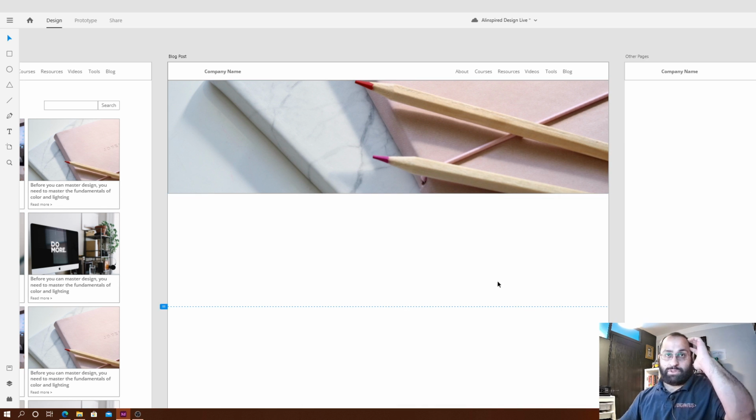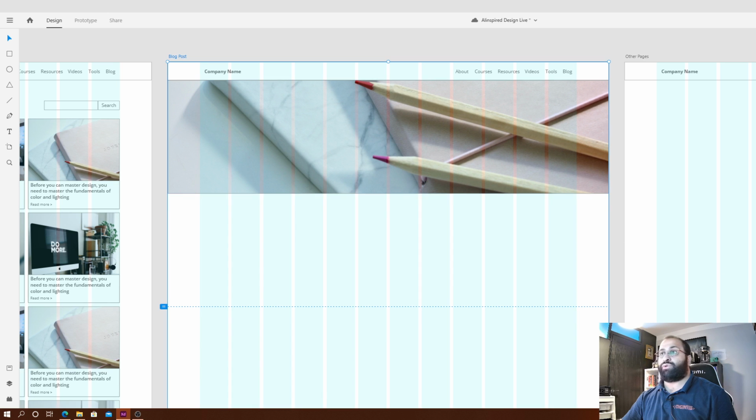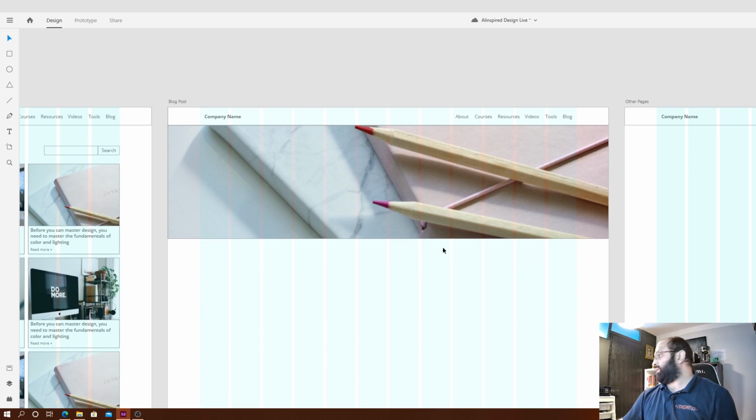All right, anyway, so let's put the grids back on. So if we go to the grid layout, just make sure the columns are on, and then I'll just make this a bit lighter. All right, I want it there, but I don't want to see it. All right, so now we need